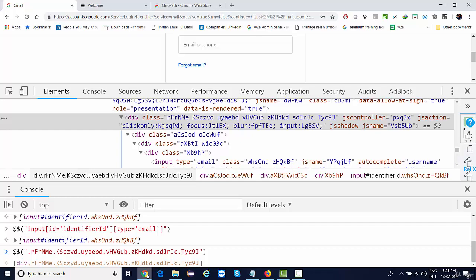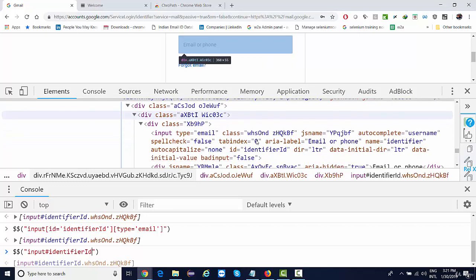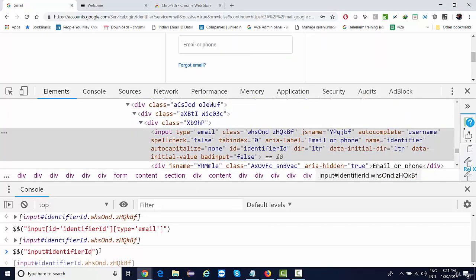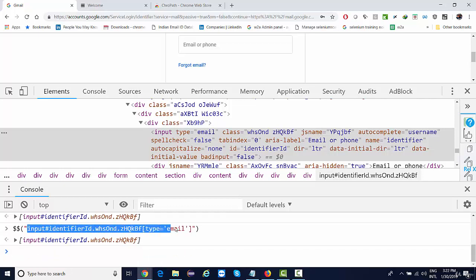So this is what the CSS of this element looks like, right? This is how you're going to form it. Tag name is just the tag name. Hash is the identifier ID. And with this identifier ID, this element has a class as well. This is the class, so I can say dot and the class, right? And if you want to concatenate any attribute, you can say type equal to email. So this is how you'll form a unique CSS for this element,